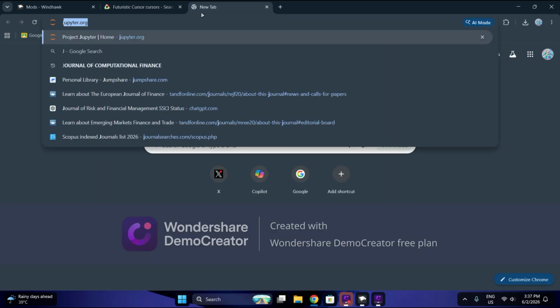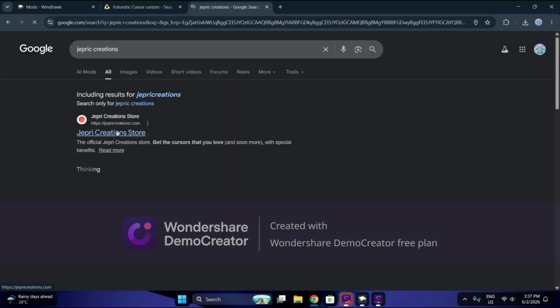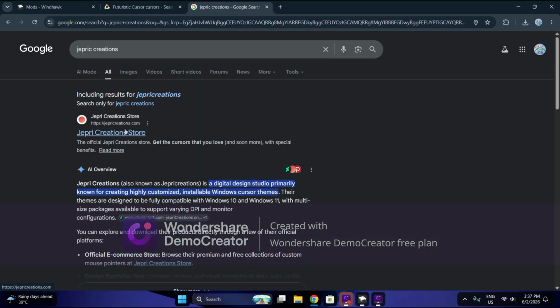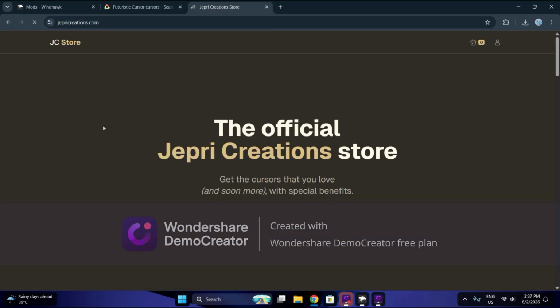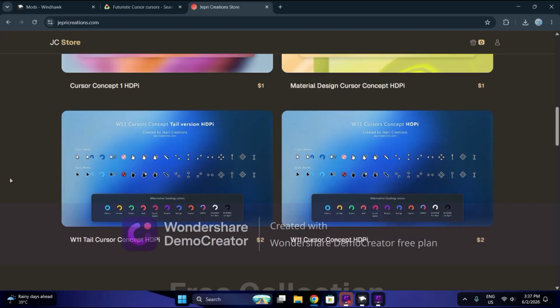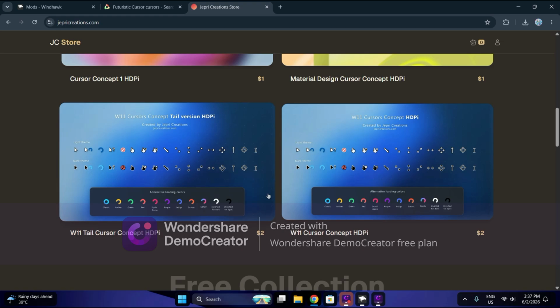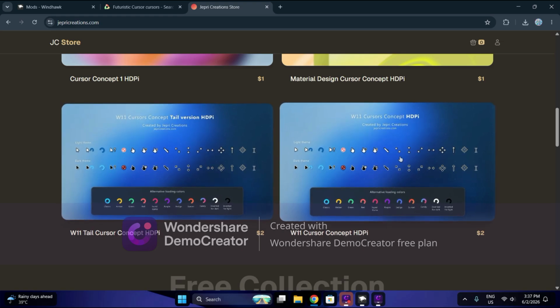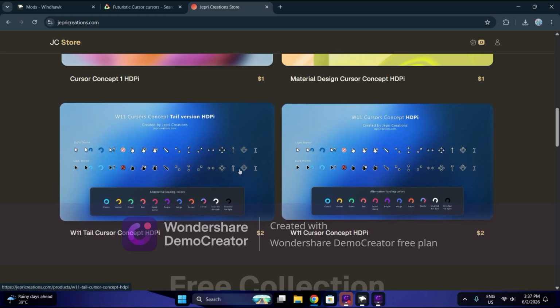But I also find it from like JPEG Creations, I guess. Yeah, this is JPEG Creations, and it also gives me this, but I already used one of these. I used this one,